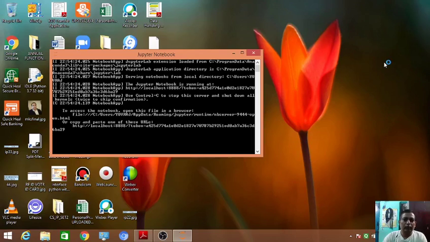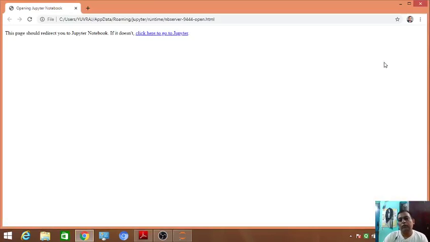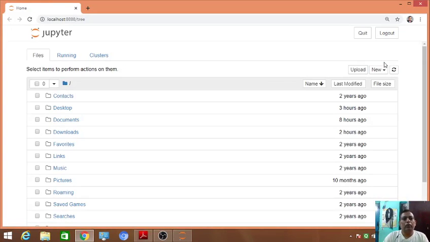It will open in your default browser. In my computer, the default browser is Google Chrome, so it will open in Google Chrome, and now it has opened.